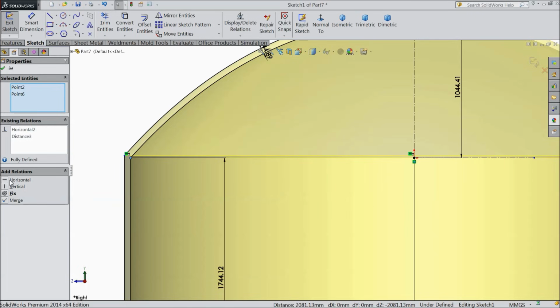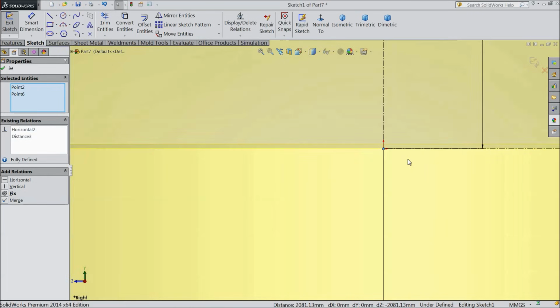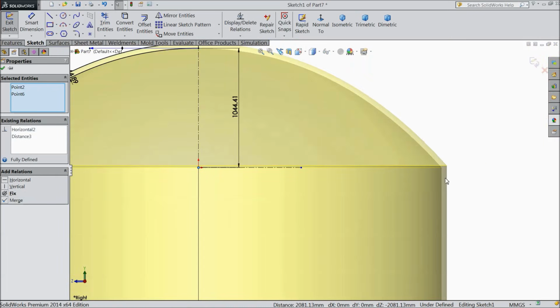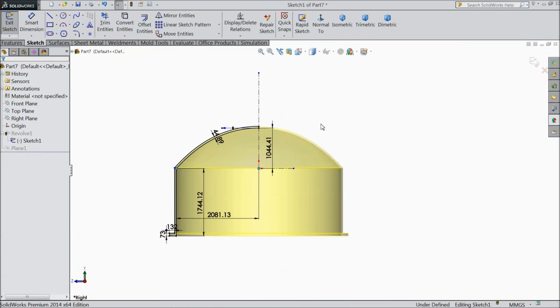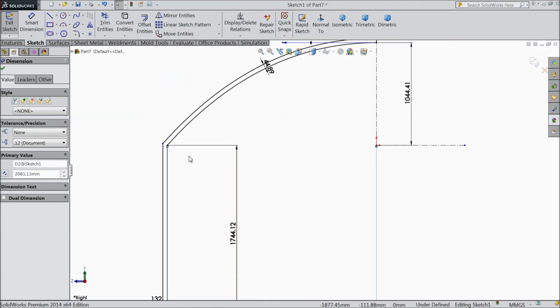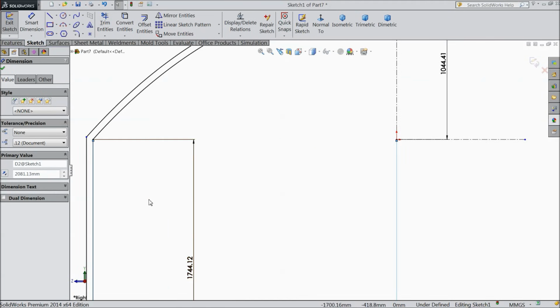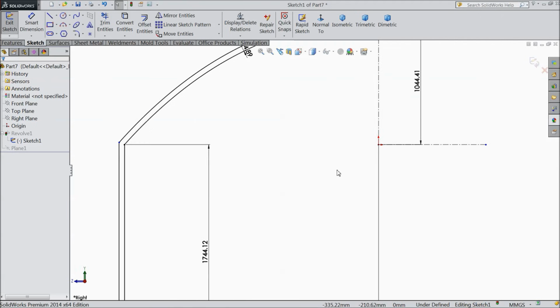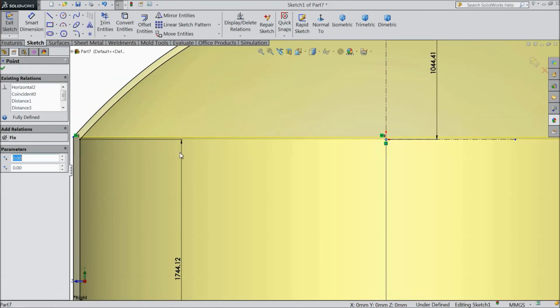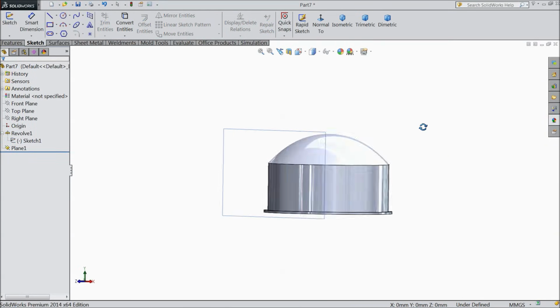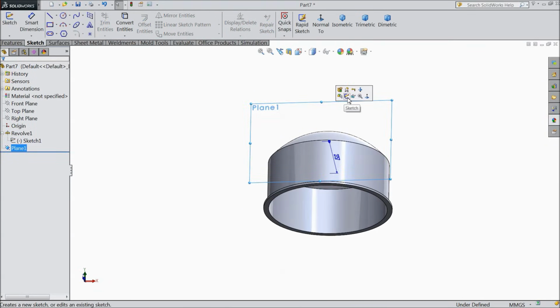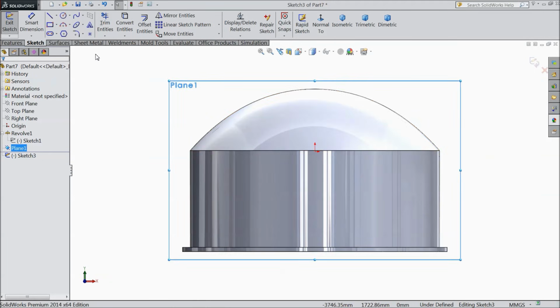Make a relation horizontal. Okay, it's horizontal, perfect. Now select this plane, sketch normal.